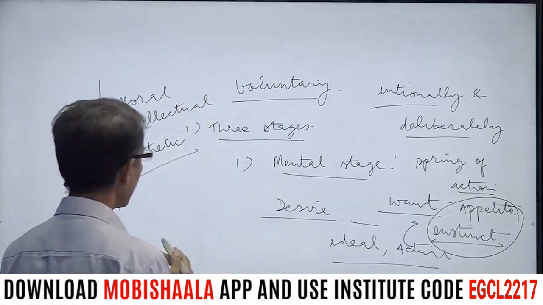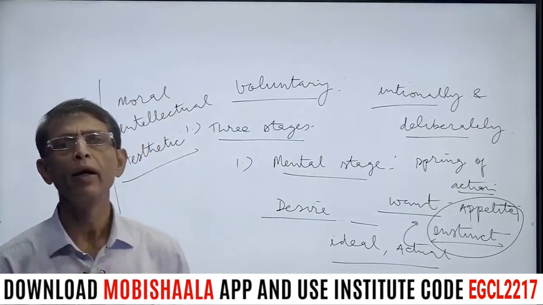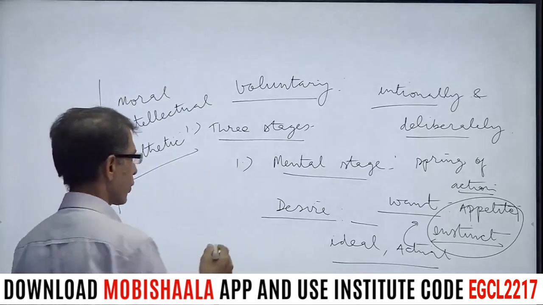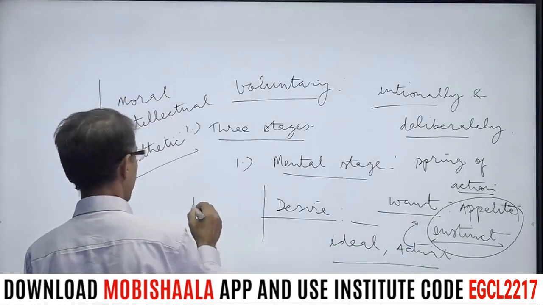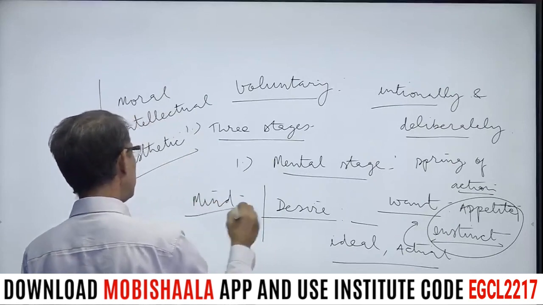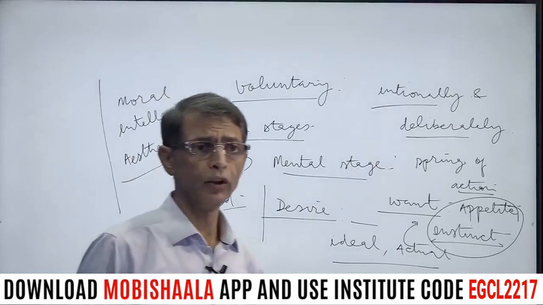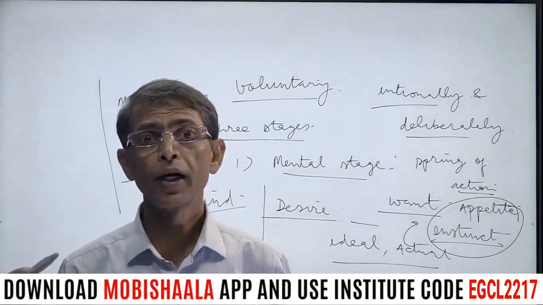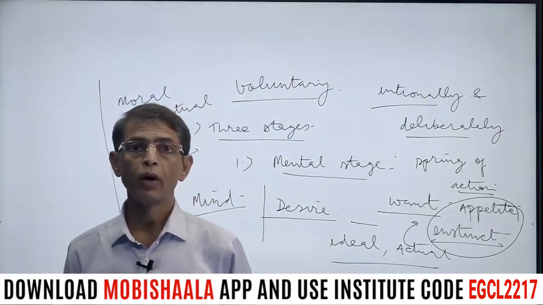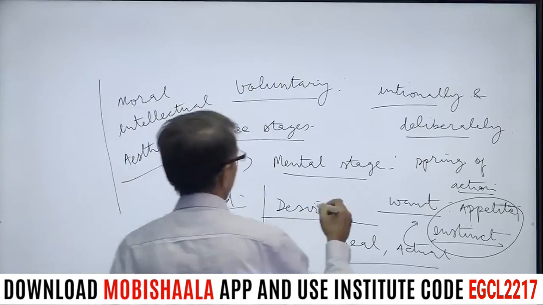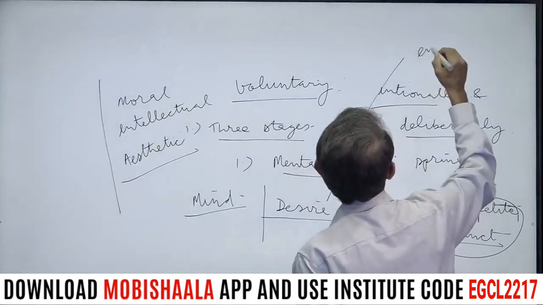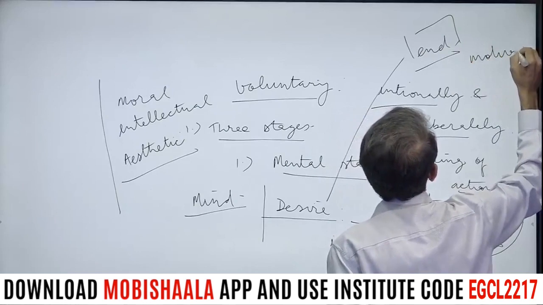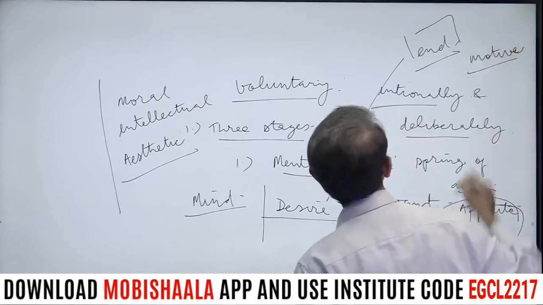And again the desire has a certain object. What is desire? Desire is a rational process, a mental process, decided by the mind. Once there is a desire, it has a certain object. Now the agent knows what he wants. So it has a motive, a certain end, and when desire has a certain end, this is known as a motive.